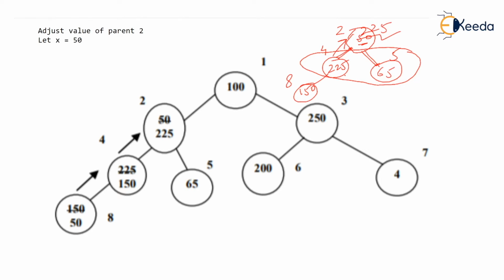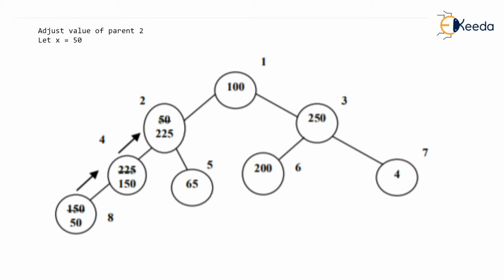Now don't be eager to put 50 here at the fourth node. Before you put 50 at the fourth node, check at the bottom who is the child. It is 150. Then how can 50 become parent of 150? Because we want the parent to be greater than its children. Then even this 150 is shifted up. And now finally 50, this value will get settled at the 8th place. That is what has been exactly shown while adjusting parent number 2.